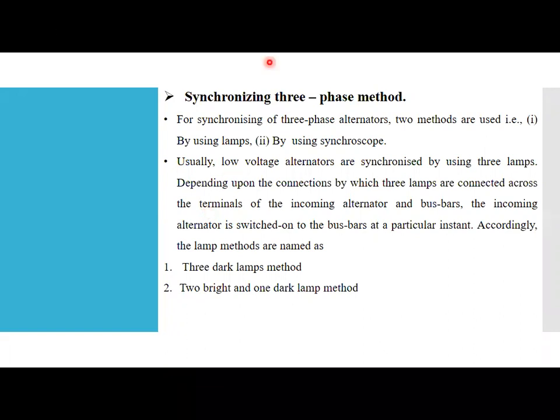Okay, so let's start today's session. So in the last lecture, what did we learn? We learned about the synchronization of alternators. Why is it required? Suppose you have an alternator and you have to connect it. Suppose you are working at a company like Reliance or Adani. They are developing a new power plant. Generally, in Jamnagar, Reliance is starting new power plants using wind and solar.